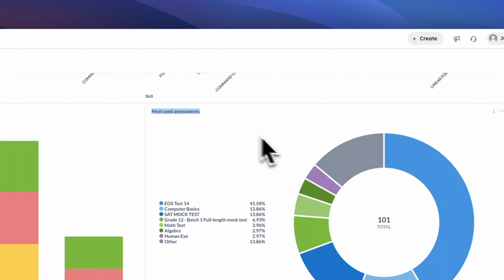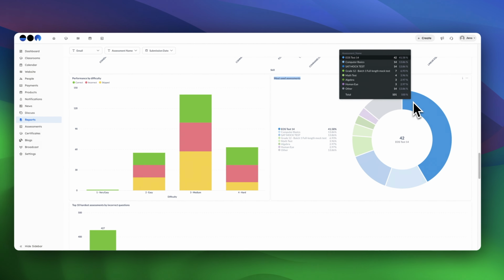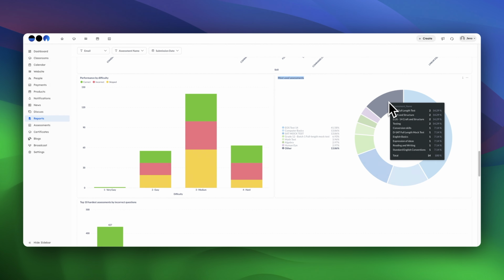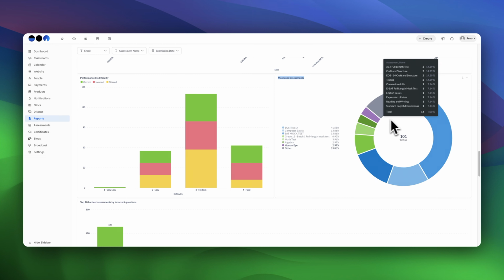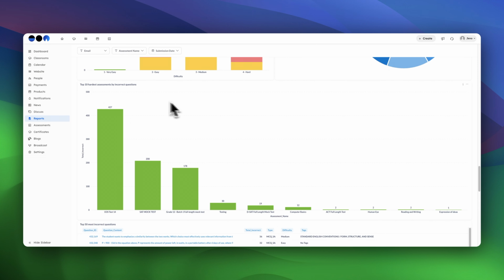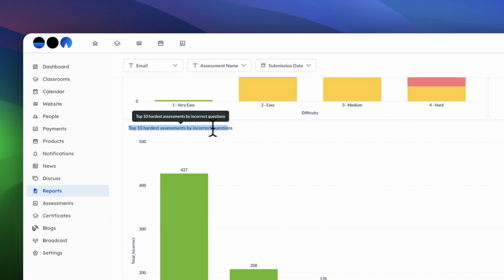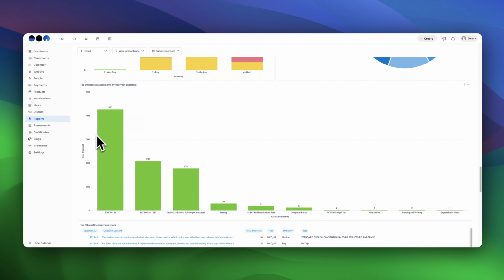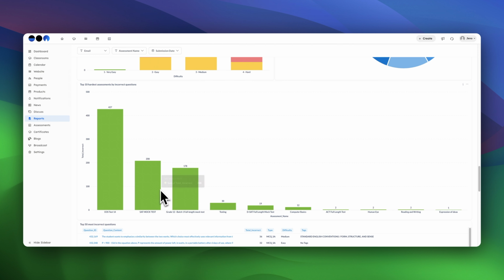In the Most Used Assessments section, you can see which assessments have the highest number of attempts, giving you a sense of what your students are engaging with most. Next, there's the Top 10 Hardest Assessments, based on incorrect answers. This highlights the assessments that are causing the most difficulty for students, so you can adjust future tests or provide